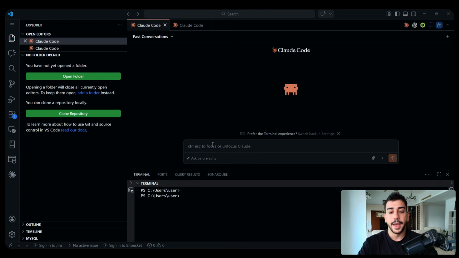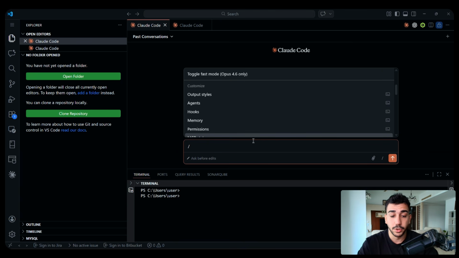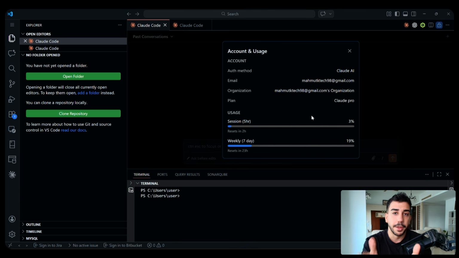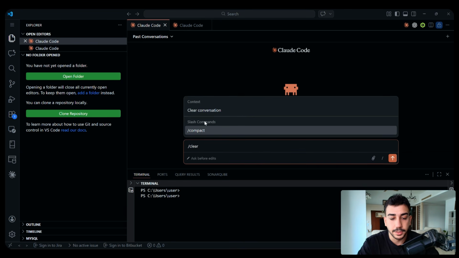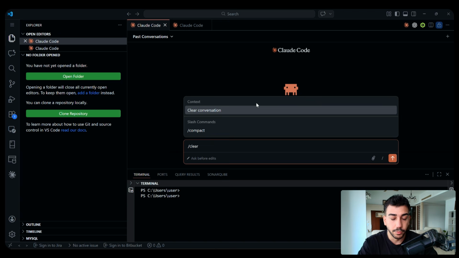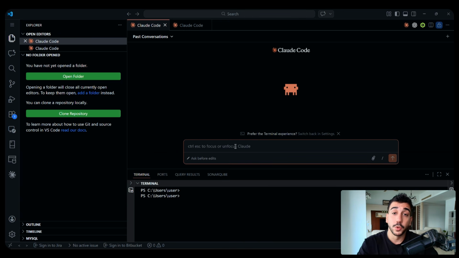So there you go. And all the other settings, all the other commands that I just showed you earlier still apply here as well. You have usage, and in this case you have a better UI that you can see it from, and things like clear is also available here with slightly different wording, which is clear conversation in this case, but compact remains the exact same. And you can also cycle through settings in the exact same way by pressing Shift and Tab. As you can see here, edit automatically. Then we have plan mode. So nothing really changes in the way that we use it,